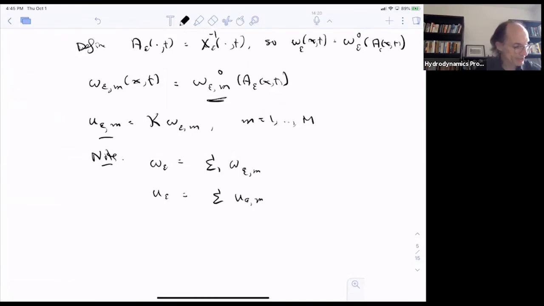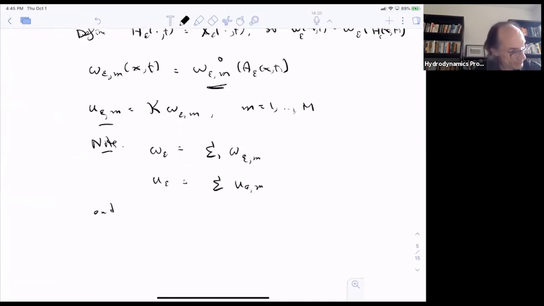And the equations are, well, I can just write as a, I'm making things complicated. I can take my former equation, the Euler equation for omega and u, and I can write it as a system for omega_m and u_m. And so